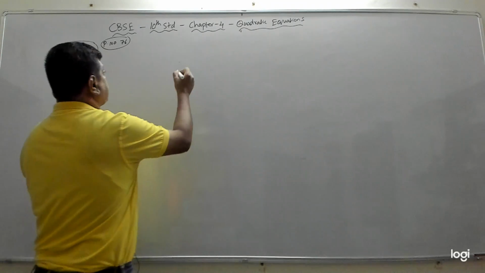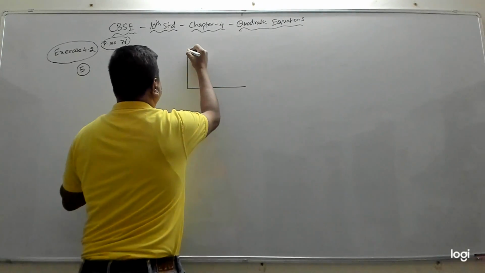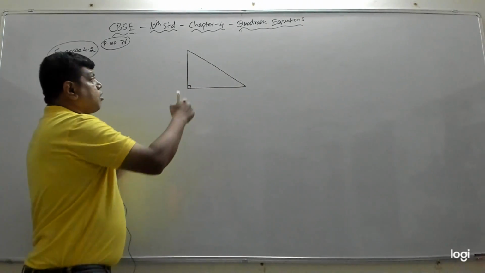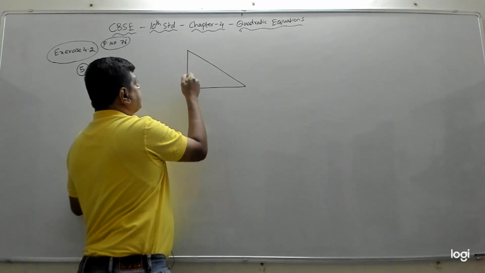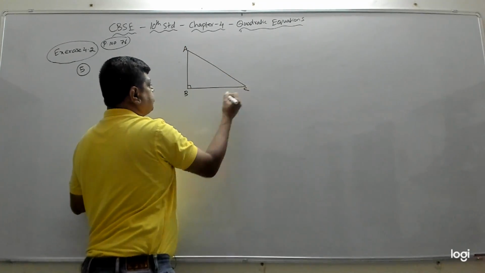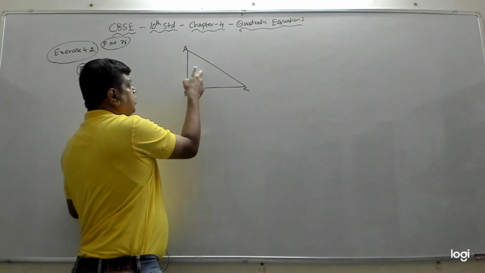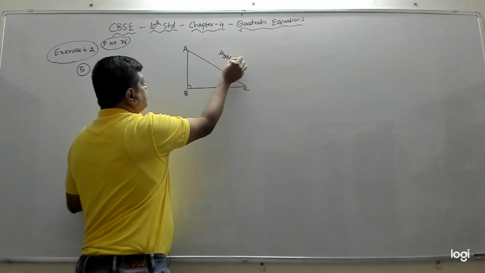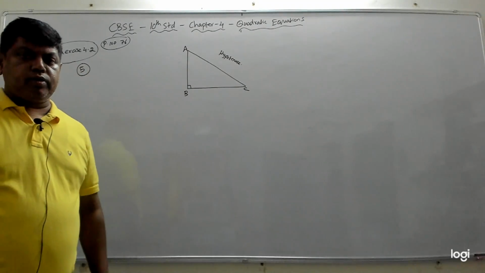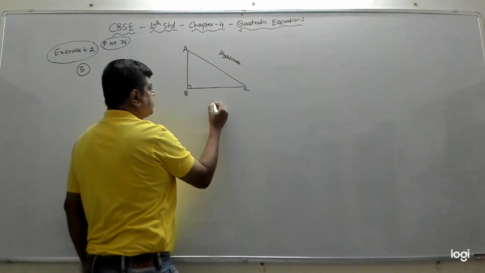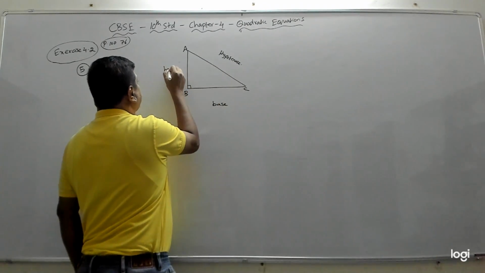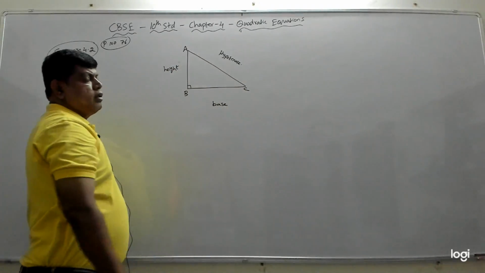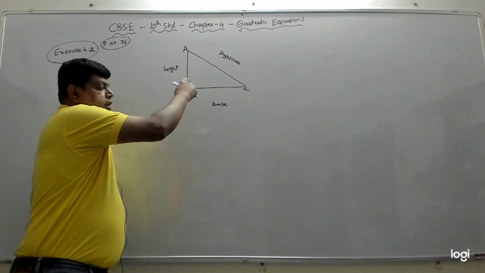So we'll draw the right triangle first. The right triangle, and this is 90 degree. We know this is called the hypotenuse because it is the side opposite to 90 degree. If you take the triangle as ABC, the side opposite to this 90 degree is AC, that is called the hypotenuse. This you can call the base, and this is the height of the triangle. So AB is height, BC is base, and AC is the hypotenuse, if B is 90 degree.